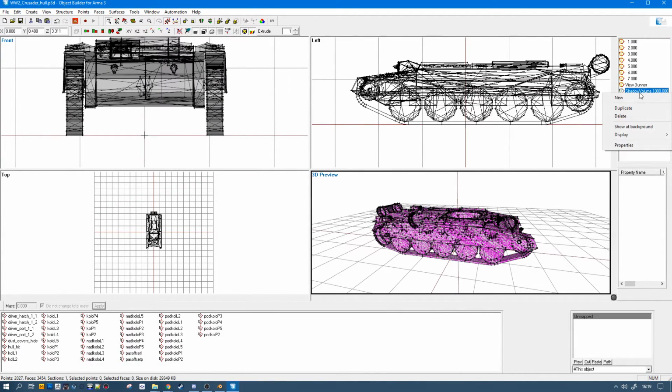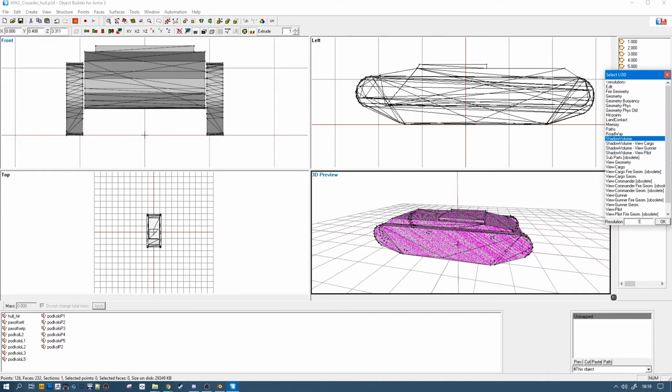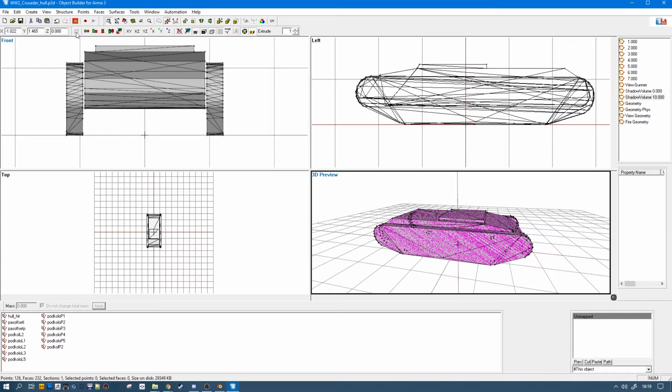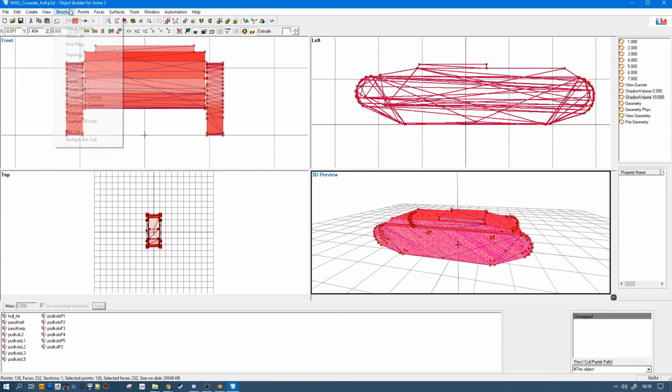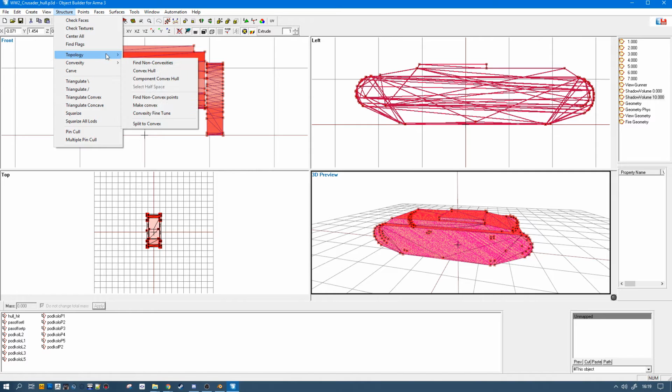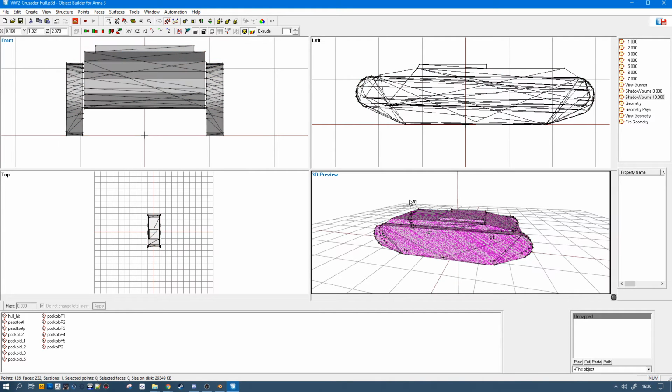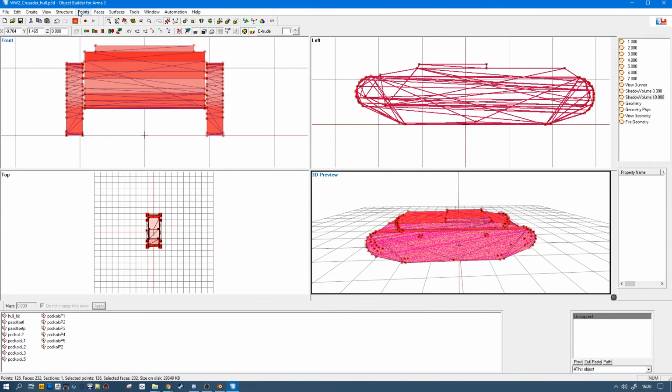Shadow volume: you have one detailed and one complex, so you want to recheck it in Object Builder. If you didn't do it, recheck with topology, find non-closed, so that if it's closed it won't leak and you will have no glitch.